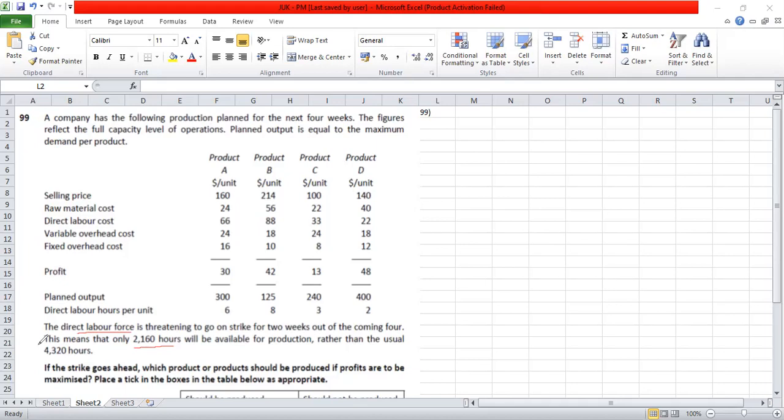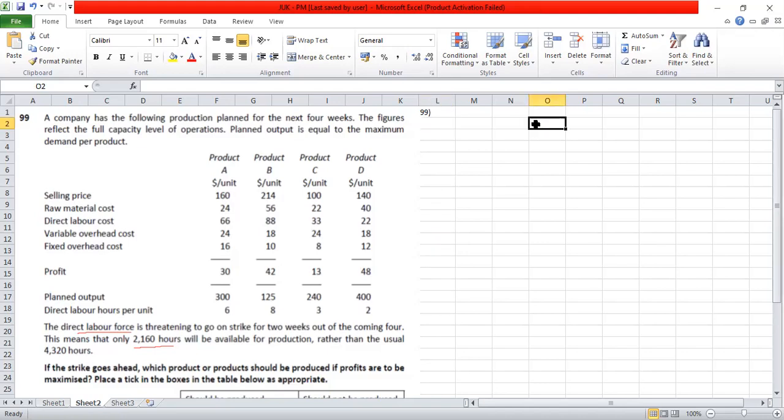Allocate. What was requiring 4,320 hours, then the production was taken up. Now the production will have to be adjusted because almost half of the time only is available. So how do they decide? Do they go on reducing the number of units proportionately, or what is the decision criteria? The concept would be that whichever product is more profitable, that product will be given focus and importance as to how many hours would be allotted to it. So the criteria will be to allot the